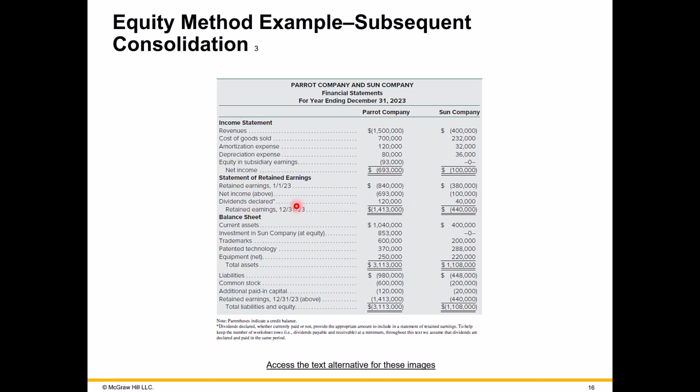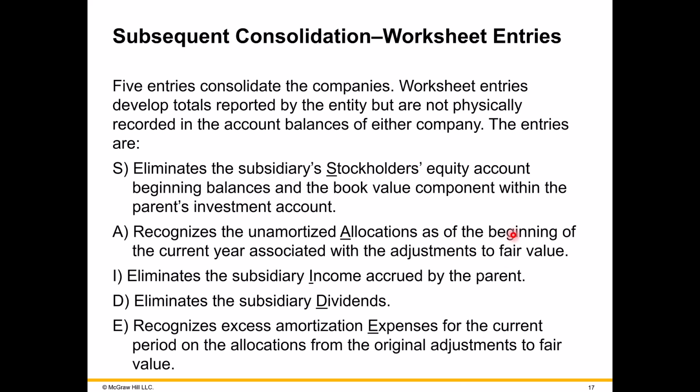See this dividend declared by the subsidiary? It's a reduction to the retained earnings. Well, we're going to put it back into retained earnings by eliminating this amount here. If you have a dividend declared account, or otherwise you would use the retained earnings over here to, let's see, credit, yeah, to put it back. So that is adjustment